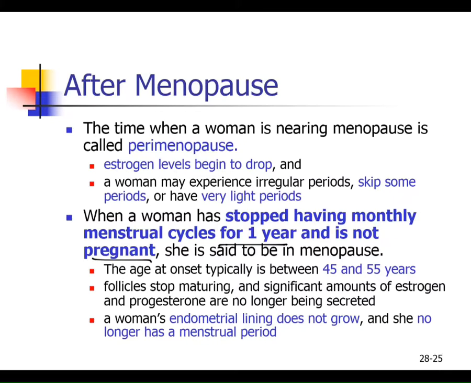And this is going to kick in somewhere, right? Menopause is going to kick in at 45 to 55, somewhere in that range. That's why I said before 50. I said 10 to 50, right? And once menopause happens, there are no more follicles, right? There's no more hormones being produced. The follicles stop maturing. There's much less estrogen and progesterone being released. The endometrium, the inner lining of the uterus, is no longer growing and sloughing off, so there's no more menstrual